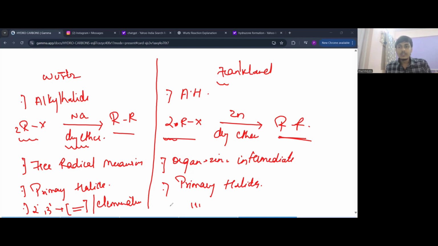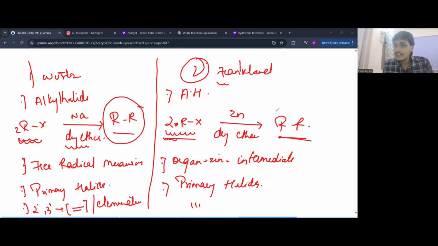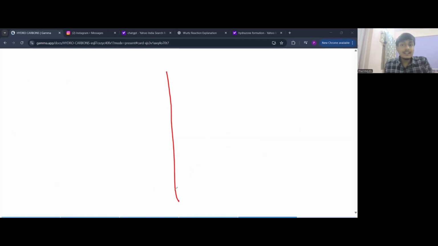Here it goes the same. So these are the two very important name reactions. One is Wurtz reaction and the second one is Frankland reaction. The starting material is alkyl halide. Here also the starting material is alkyl halide. The end product is alkane and here also the end product is alkane. Only the distinguishing part is the reagent, that here we use sodium and here we use zinc. Remember this. The other main reactions are Clemmensen reduction